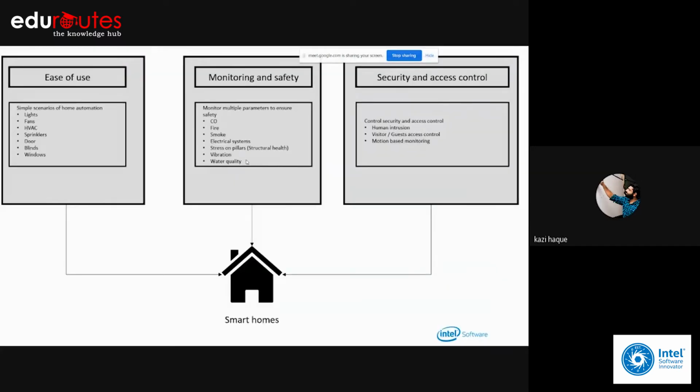So yeah, if you divide the different use cases according to different aspects, in terms of ease of use, monitoring and safety, and security and access control, you can find different sensors available for, let's say, monitoring and safety. There are carbon monoxide sensors, fire sensors, and many other kinds of sensors which can be used for different types of use cases, right? And there are other sensors for security and access control, which can be done via sensors or also via computer vision enabled techniques, like monitoring the feeds